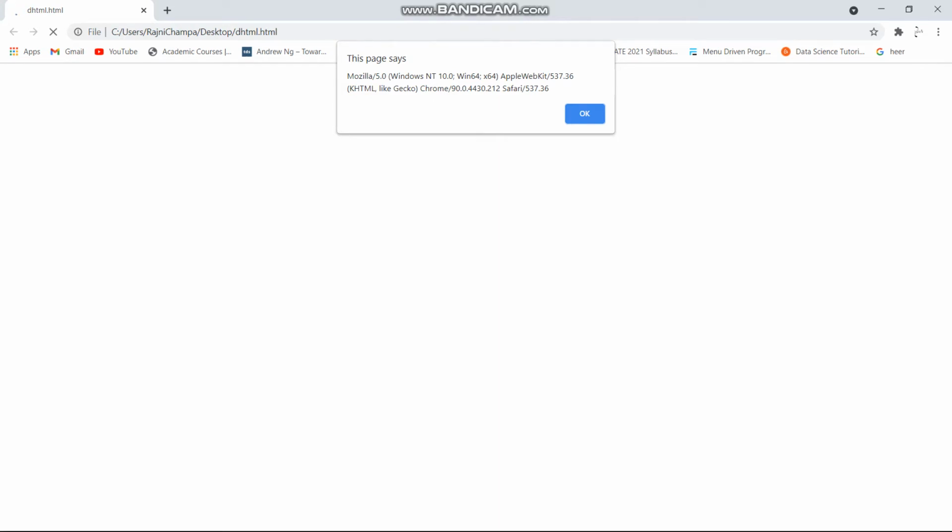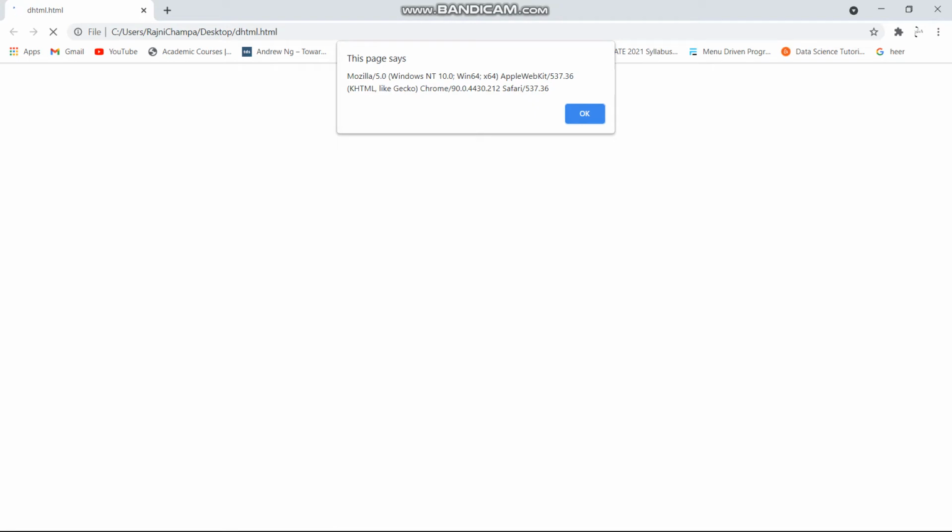That are Mozilla, Chrome and Safari. So your JavaScript will run in these browsers. That is why we have used navigator.userAgent. And let's move on to the next part, in which we will manipulate the web browser, or we will open